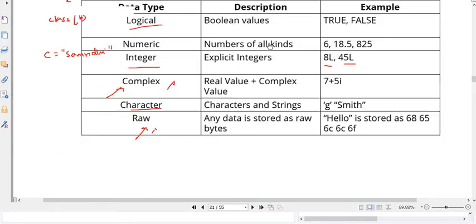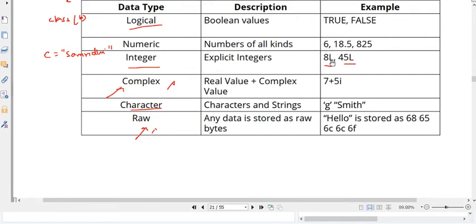The base types: integers are always denoted like 8L, 45L. Complex you can just leave for now. L represents that this is going to be an integer. So integers have to be explicitly defined with L. 6 is not an integer. 6 is numeric. Are we clear?